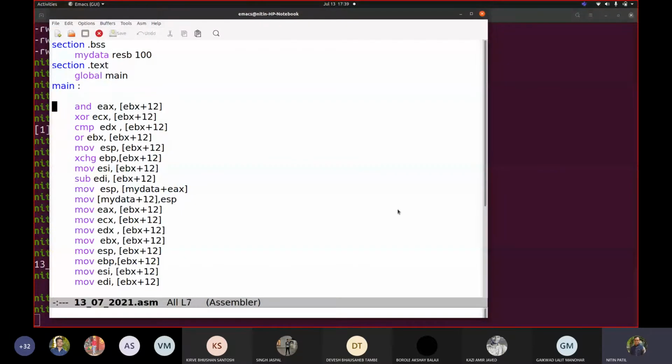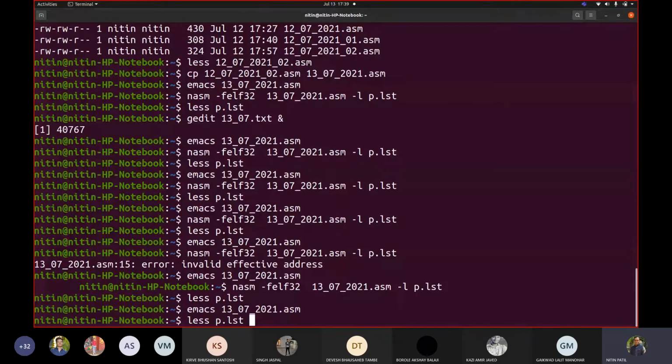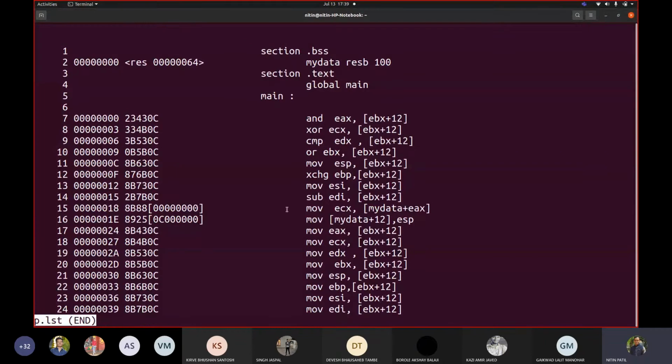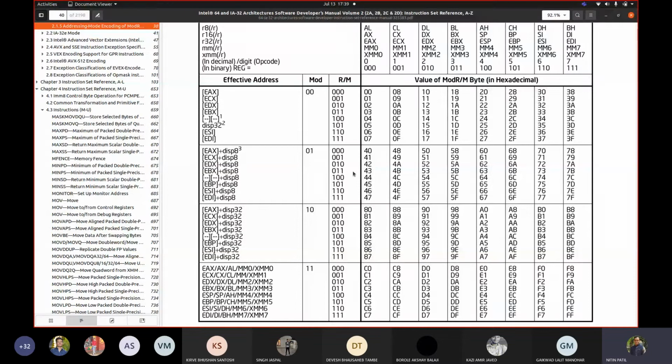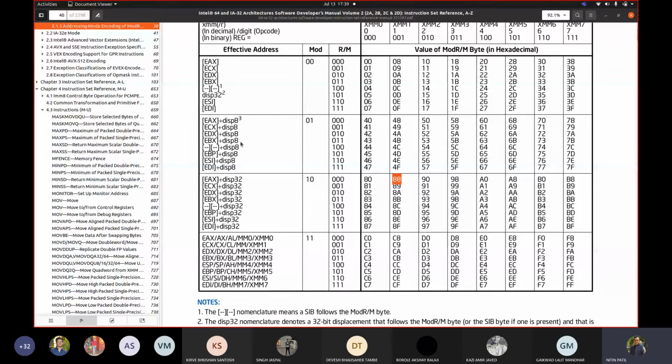So if I write here, say, ECX, and if I try translating this, let us see what we get. We can see that we are getting 88 here, and that's what our target was. So we got this 88 appropriately. Now think of this. How many possible combinations are added there? 8, 8, 8, 8. So they are 32 with this 32. So this is a big matrix which is representing the operands of specific types.